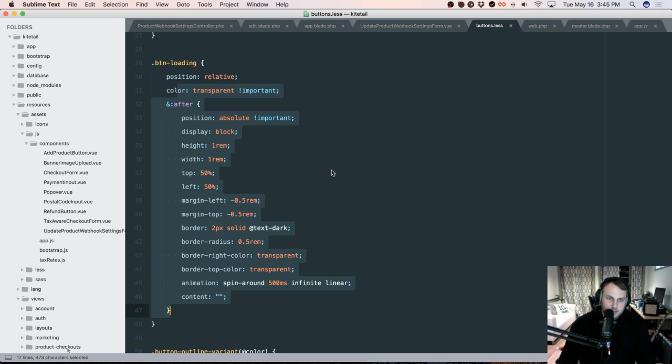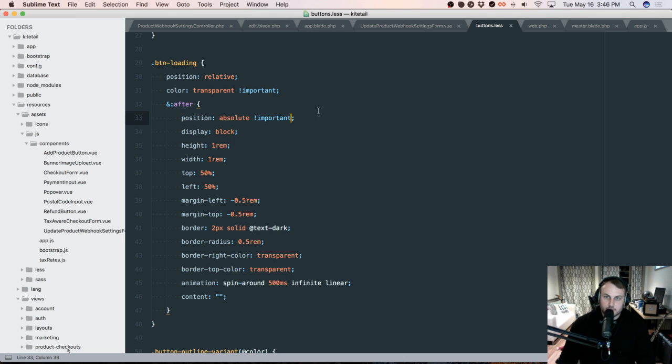So what they do is when you add a loading button class, they make the text color invisible. So the text is still there. It's just completely see-through. And that text is what's defining the size of the button. And then they use an absolutely positioned pseudo element to create that little loading spinner. So the size of the button is still purely defined by the text that was in there before, which is